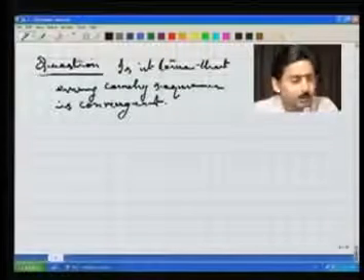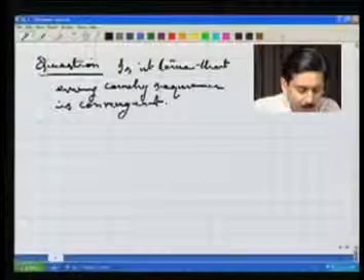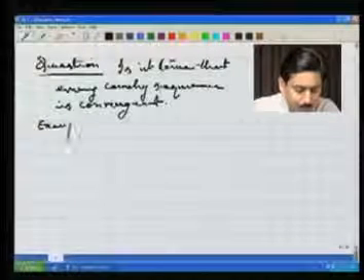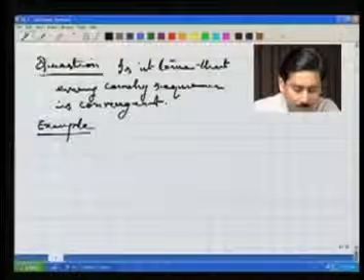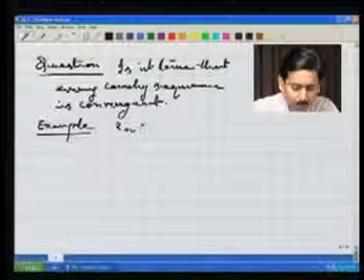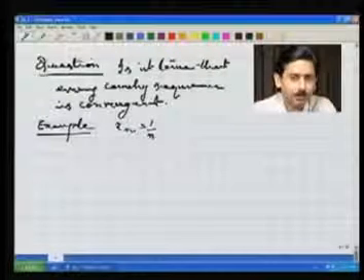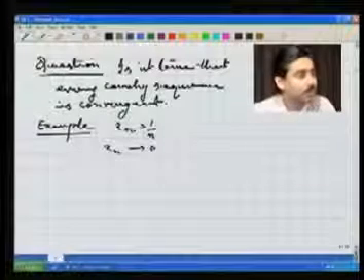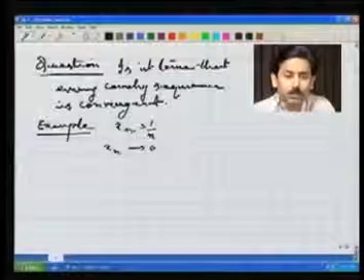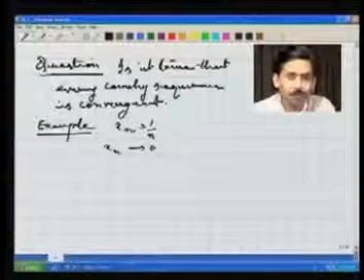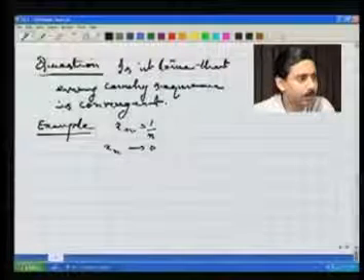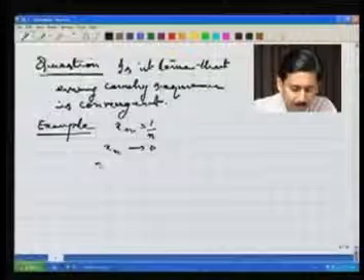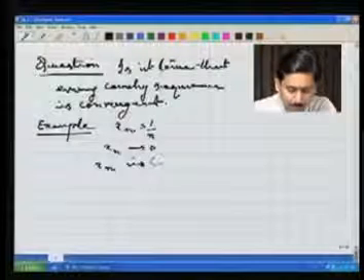Well, to start with, I just have one example to tell you. If you look at this example, Xn equals 1 by n, two things I have shown. One is Xn converges to 0. That was in the very first lecture. It just uses the Archimedean property. And after defining Cauchy sequences, if you remember, I have actually proved that Xn is Cauchy.